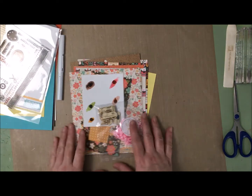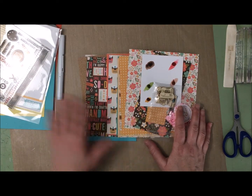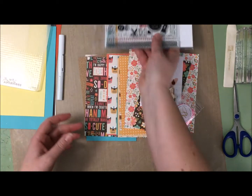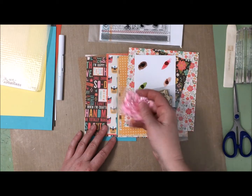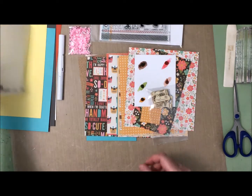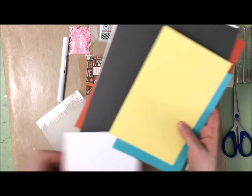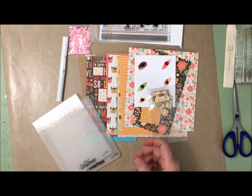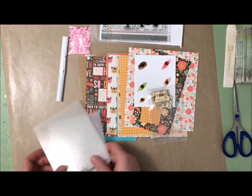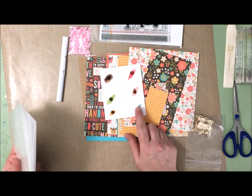And then these are the supplies that I have left. Lots of the 6x6 papers. Obviously the stamp set, the watercolor, the wood veneer, these little gem things, the embossing folders, all the cardstock, and the watercolor piece of paper. So because I've already tested these guys, I thought it would be kind of fun to try and do something